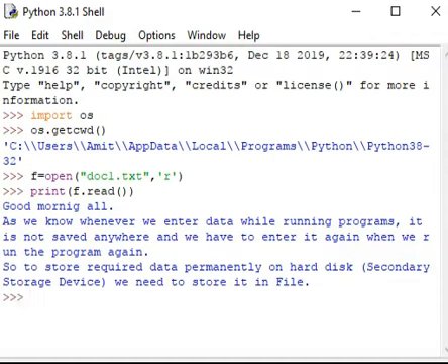Now suppose I am saving my file other than this path, in a different path. Then how should I save? For that I need to write its absolute path. If I am already saving the files in the current working directory, I don't have to mention the full path.